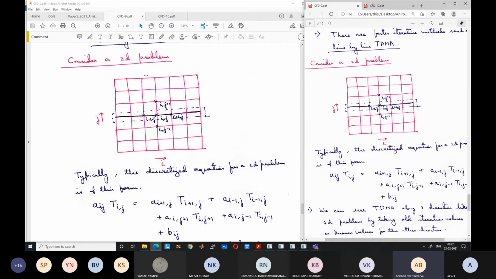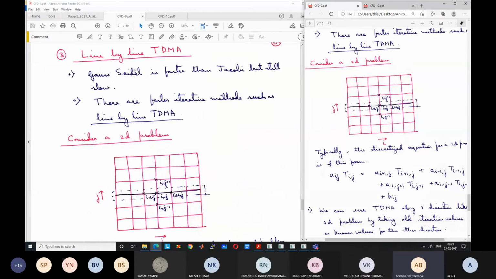Then we will switch on to the next plane, again solve for the entire plane, we will switch on to the next plane, solve for the entire plane, like this. So once the entire domain is covered, one iteration is finished. Then we will change the sweeping direction to the z direction, again proceed in a similar fashion. Then we will change the sweeping direction to the k direction. K is the third direction, z direction. Okay. So we will keep on switching the sweeping direction from x, y and z and solve the problem. Okay. That also is line by line TDMA, but for a 3D problem. Again, the solution will be much faster as compared to the previous two methods.